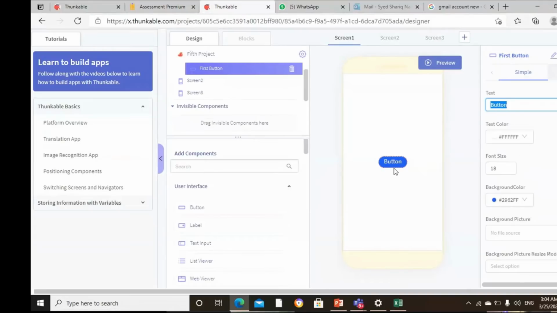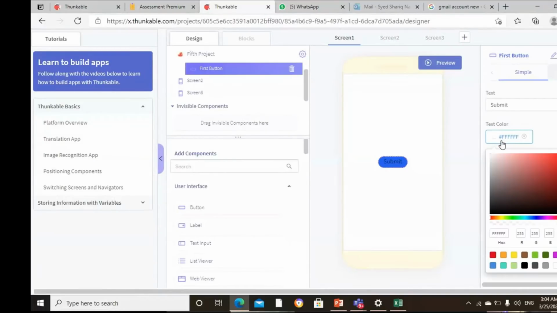Okay, now this is blue. You can change the color of the button. Suppose I choose the color from here. I take red. Okay, now I choose the color.